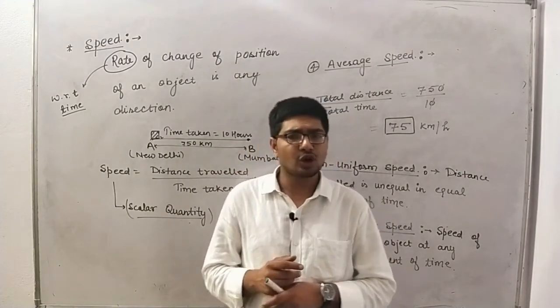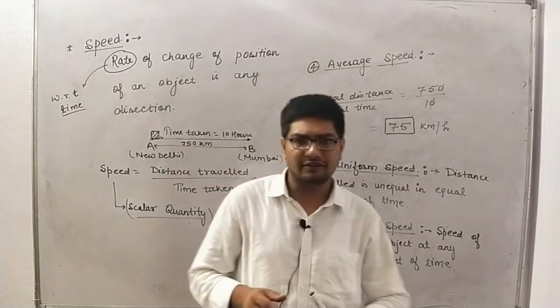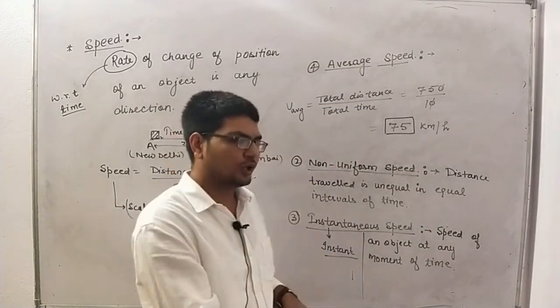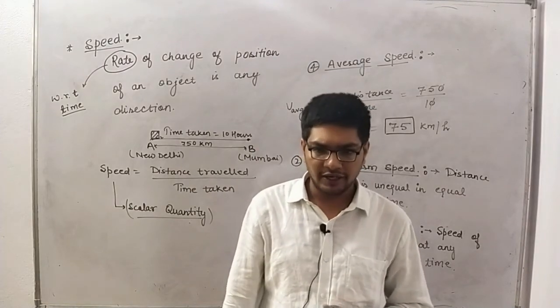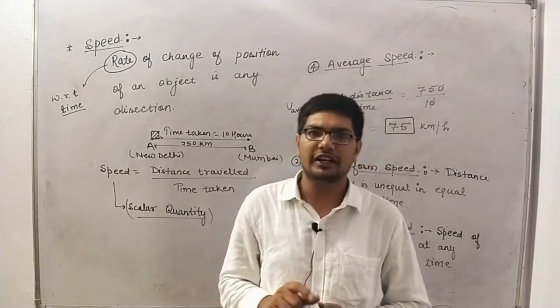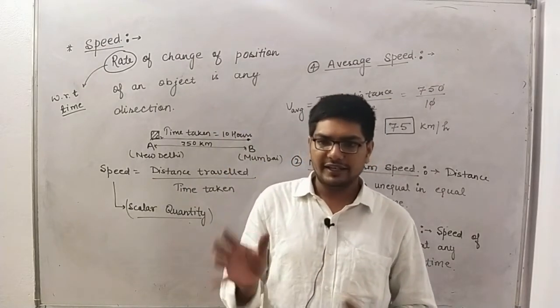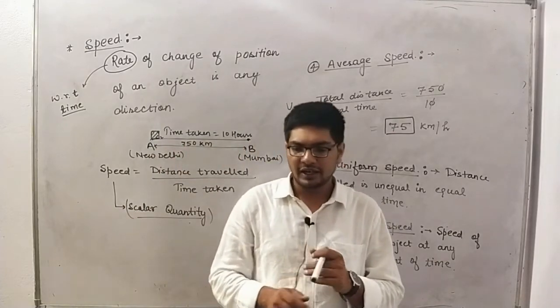The answer is no. Why? Because suppose that you are running on the national highway, you have put the full accelerator pedal, and now your car's speedometer is showing a speed of 120 kilometer per hour. At a certain moment of time, you are running with a speed of 120 kilometer per hour, and at any instant